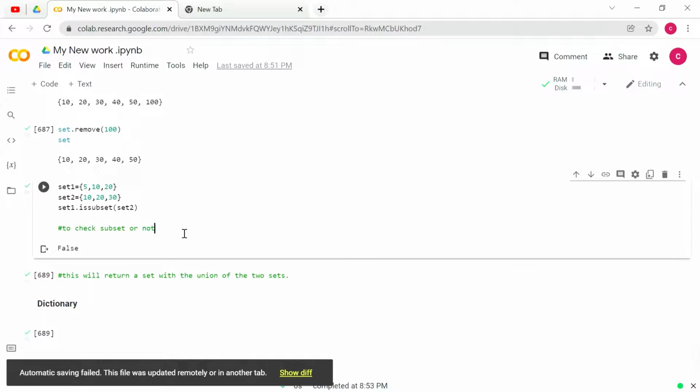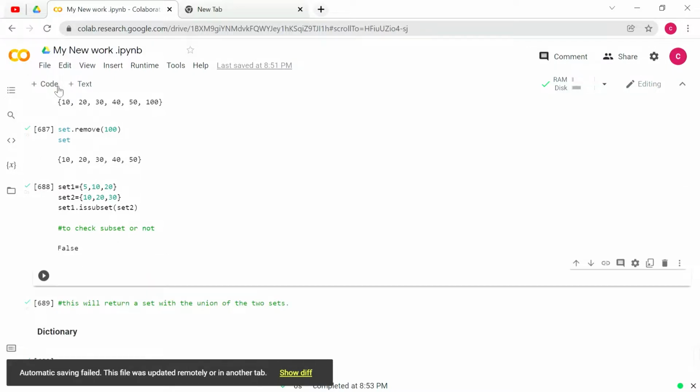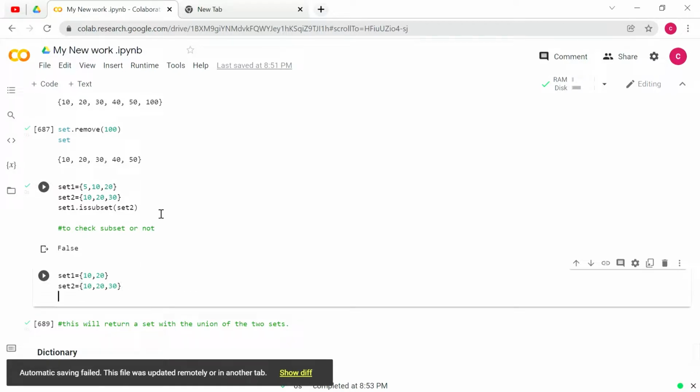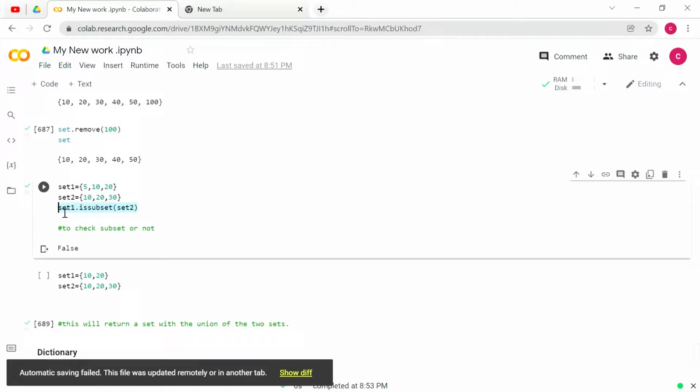Then if we create another set1 with 10 and 20 only inside curly brackets, and set2 inside curly brackets with 10, 20 and 30, then we need to check the same thing.